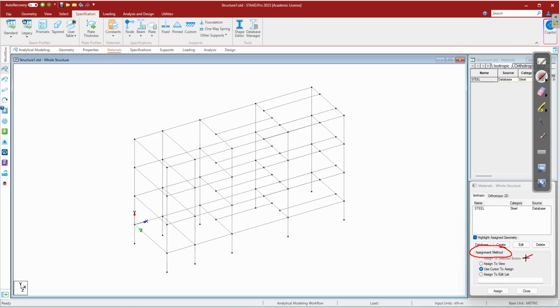First one is assign to selected beams, second is assign to view, third is use cursor to assign, and fourth is assign to edit list. Okay, you have four assignment methods. I will number them like this: 1, 2, 3, 4. If you select the first assignment method,